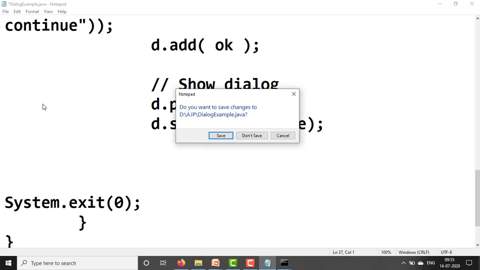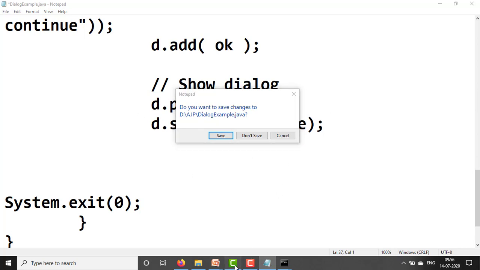When we keep it this way and right click on the other side of the program, control does not transfer, and this concept is called a modal dialog box. When a modal dialog box is open, control of the program is transferred to the dialog box only. We cannot do other operations on the parent window. Notepad is the parent window. Here we can't use this window. After closing this dialog, we can do the task. This is the modal dialog box.